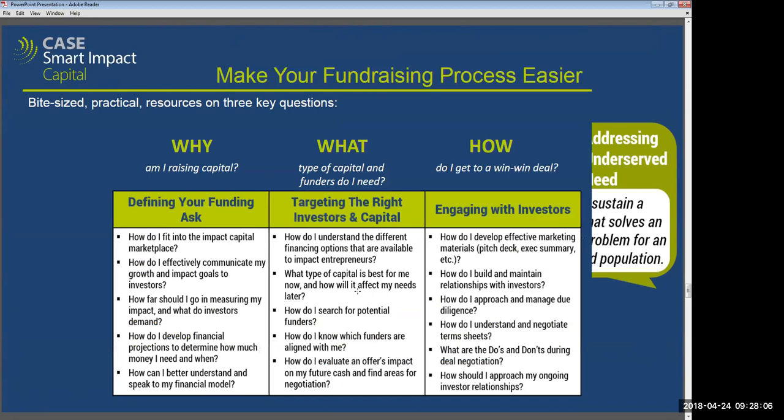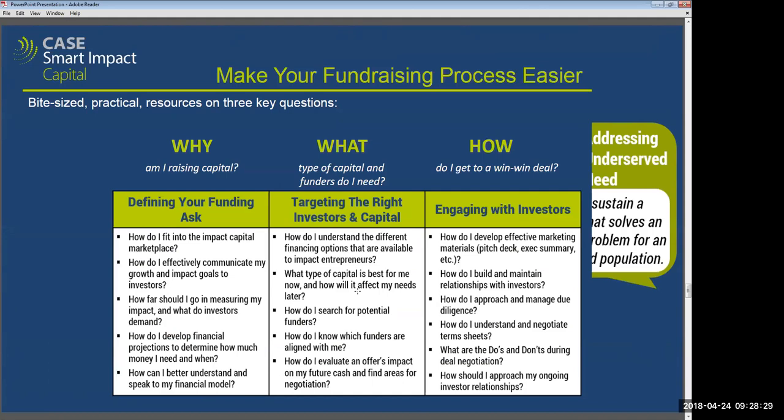Great. So I just wanted to give a little more information about what else is in this toolkit. It's available for anyone now, and it's also one of the prizes for the competition. It really concentrates on: why am I raising capital? What is your actual ask? What kinds of capital and funders are right for me? And then the how-to,